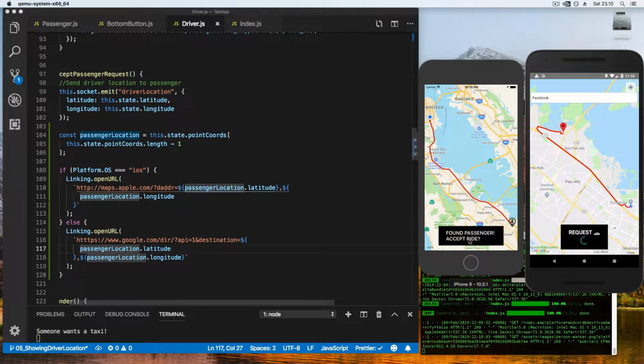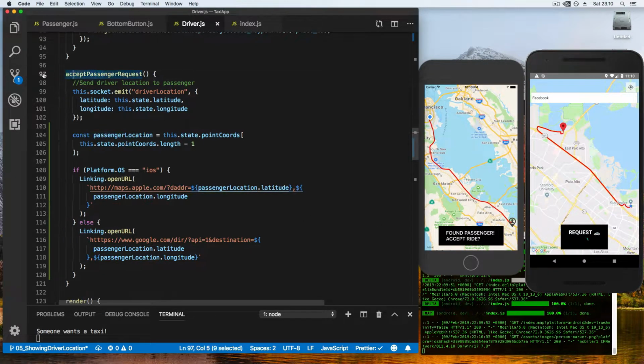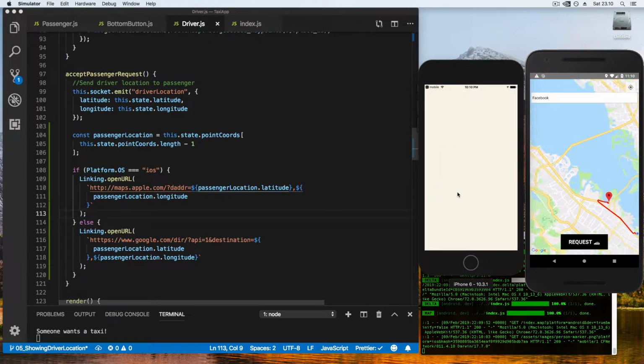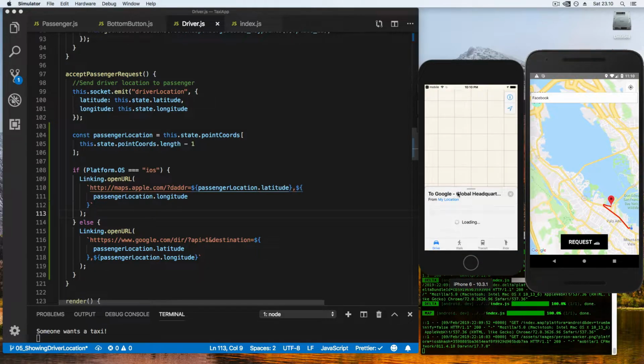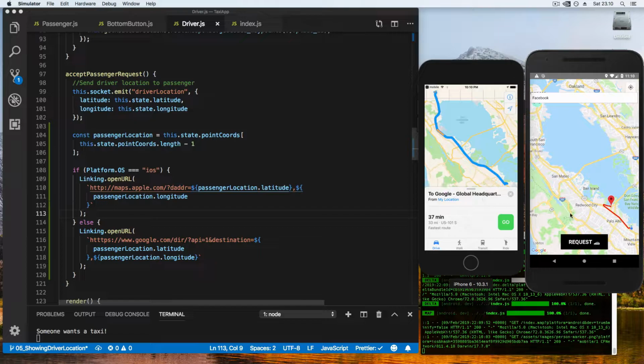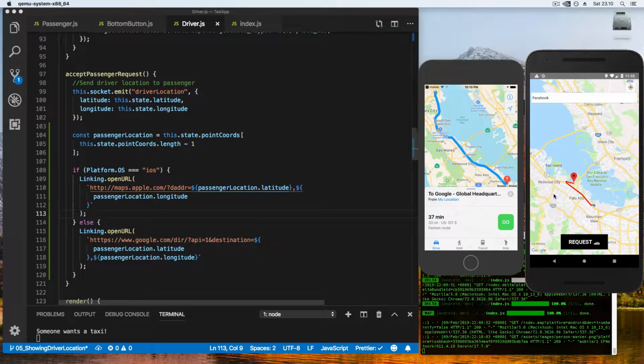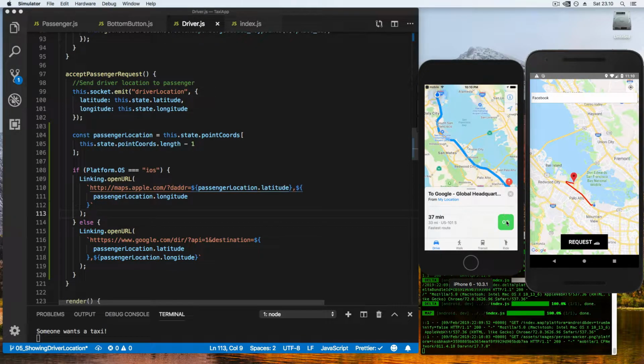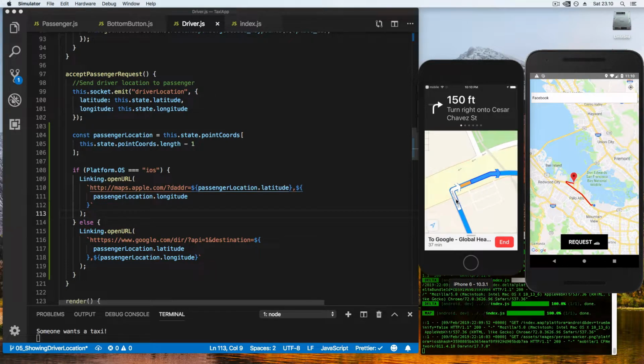And then when I say accept ride, which we do in here in this function, we should be opening up the Apple Maps application, and looks like it is opening up, and it shows to Google headquarters, which is where our passenger is located at right now. And then the driver can just press go, and he should be getting some nice navigation going to